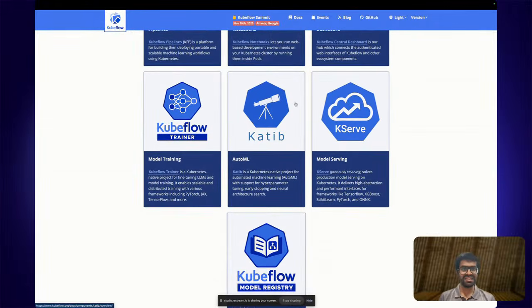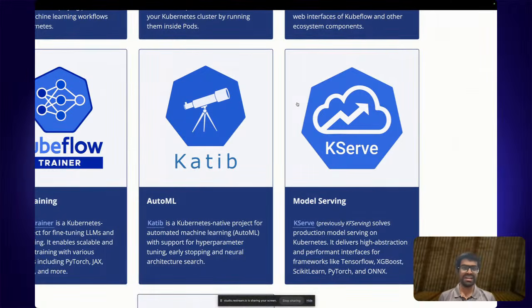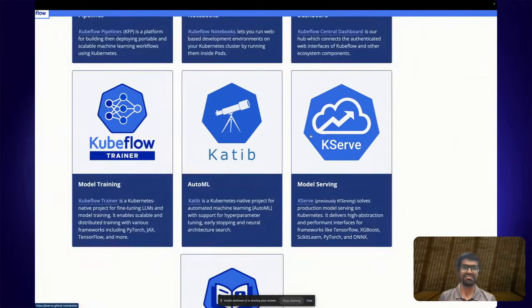And what's interesting is that KServe has a built-in integration where, for the inferencing part, Kubeflow actually uses KServe as a project. So if you have already trained your model, it's ready to be deployed and you want to serve it now, Kubeflow internally will use KServe. That's one of the great things about the ecosystem, that there are a lot of overlapping dependencies. If you're trying to build an end-to-end machine learning lifecycle, you can use a lot of the components from Kubeflow, but then you can use KServe for the serving part.